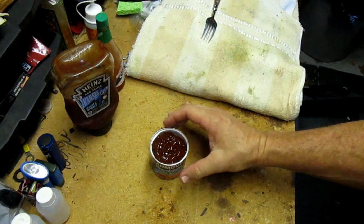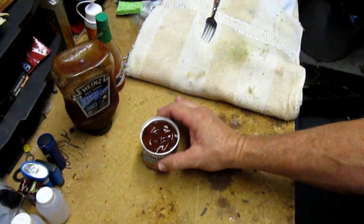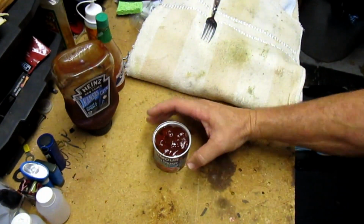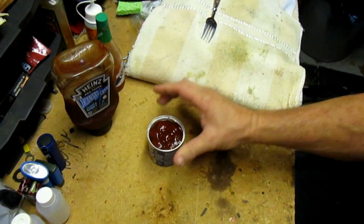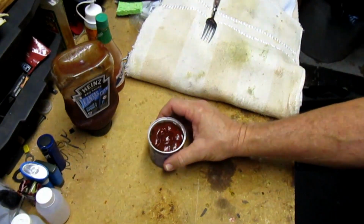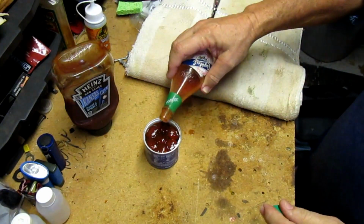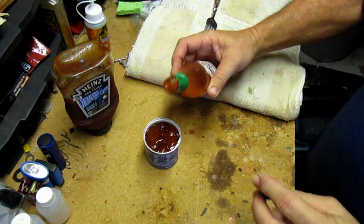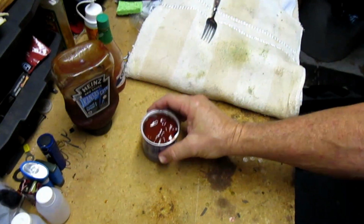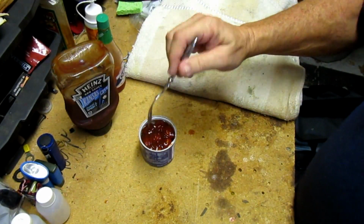Now, this is the most important part. Tap the can to even out the barbecue sauce. See, it's going down the sides of the sausages. All right. Some will splash out. That's all right. Just take your time. Get that in there. Now, put just a little more hot sauce on the top. Ooh. Oh my God. These are great. Smooth her out just a little bit. Okay. So now